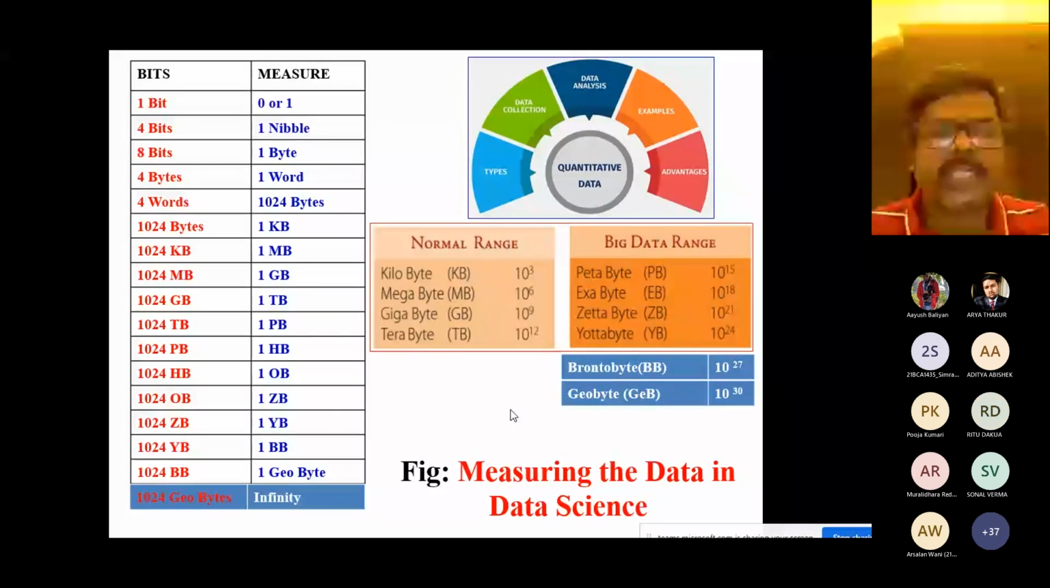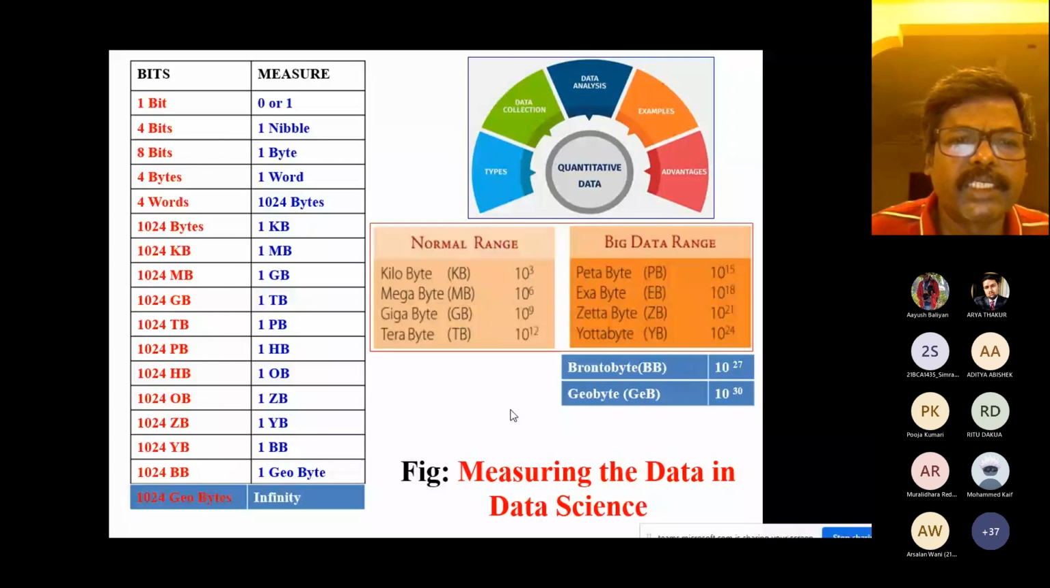So that's why 1 bit is equal to 0 or 1, 4 bits is equal to 1 nibble, 8 bits is equal to 1 byte, 4 bytes is equal to 1 word, 4 words is equal to 1024 bytes, 1024 bytes is equal to 1 kilobyte, 1024 kilobytes is equal to 1 megabyte, 1024 megabytes is equal to 1 gigabyte,